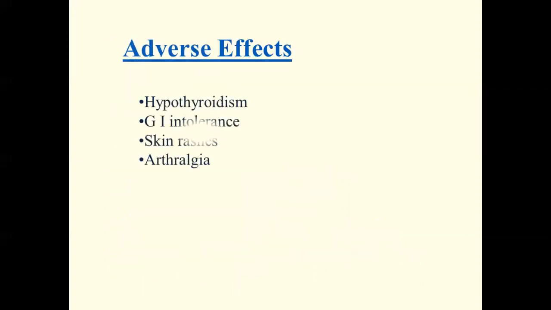Now, these drugs all have adverse effects. You can have hypothyroidism due to overcorrection. You can have nausea, vomiting, diarrhea. You can have skin rashes, arthralgia, fever. The serious side effects, though rare, are liver damage, hepatotoxicity, and agranulocytosis. So it is mandated that before you start antithyroid drugs, you must look at the liver function test and the complete blood count, and if possible, even a peripheral smear to make sure that those values are normal.